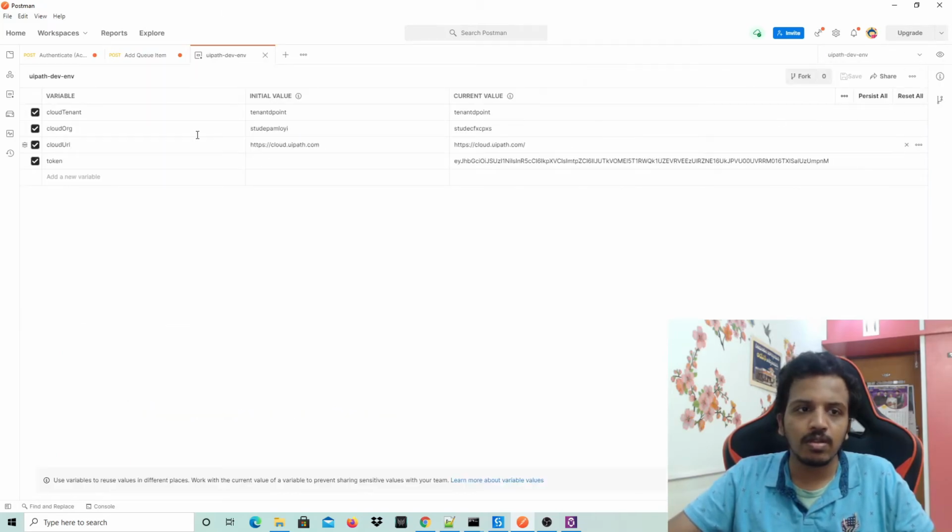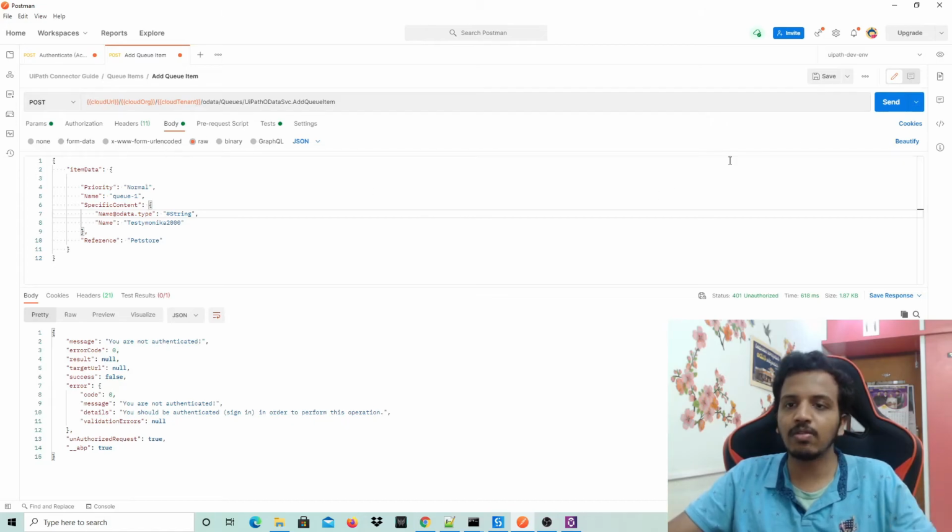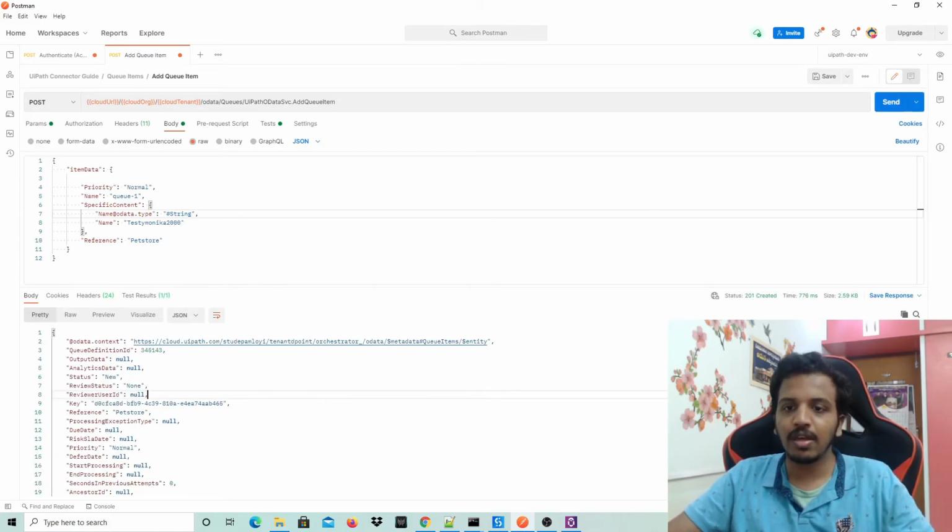Edit. So this should be my current value. Here the current values are coming. So paste it here and paste it here, and now save it. I hope this is not confusing. Basically the current value I need to modify, but I modified the initial value. Yeah, put those values here and you will not get all these confusions, and send. Yes, so I can see a 201.